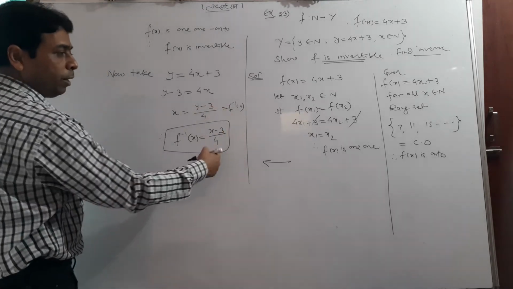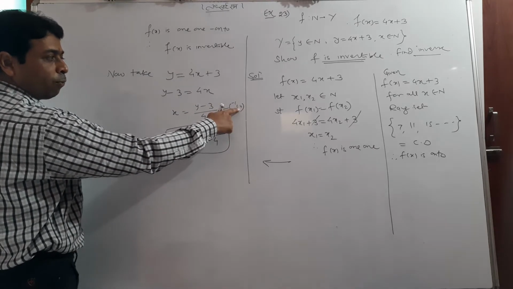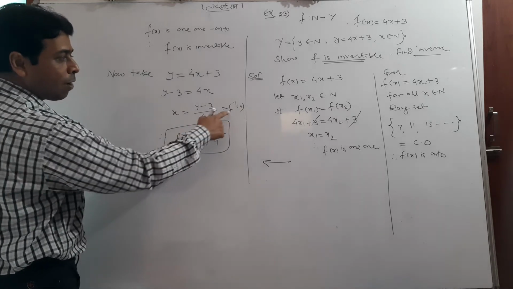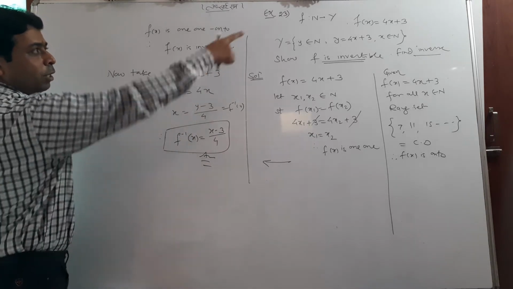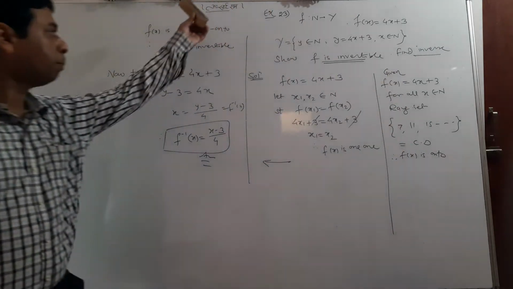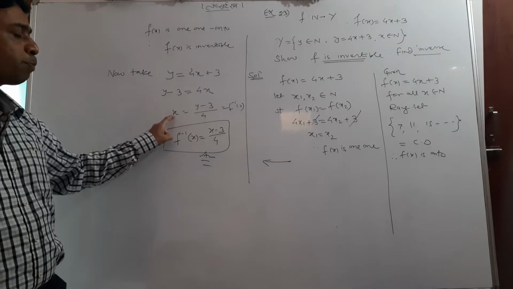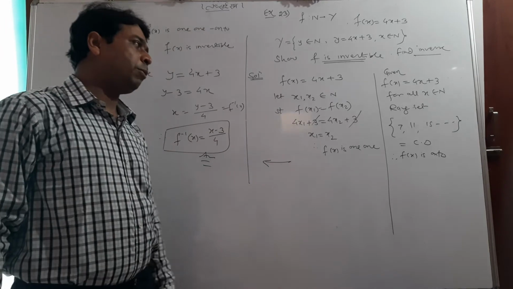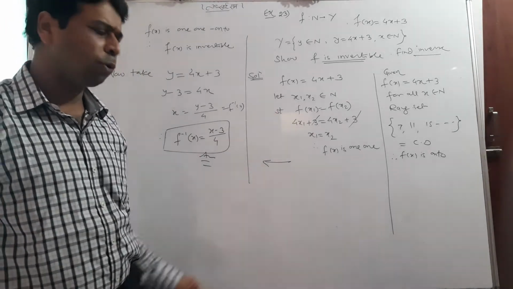You can see carefully. X in the form of y will be written f inverse y. It is in the form of y. I want to change this to the form of x, so I just write x instead of y. F inverse x is equal to x minus 3 upon 4, and this is your answer. This is the inverse of that function. So after proving 1-1 and onto, we can simply find its inverse. Just find x equal to, and that is the answer. Hope you can copy the same in your notebook and try to understand. If you have any doubt, you can consult with me.